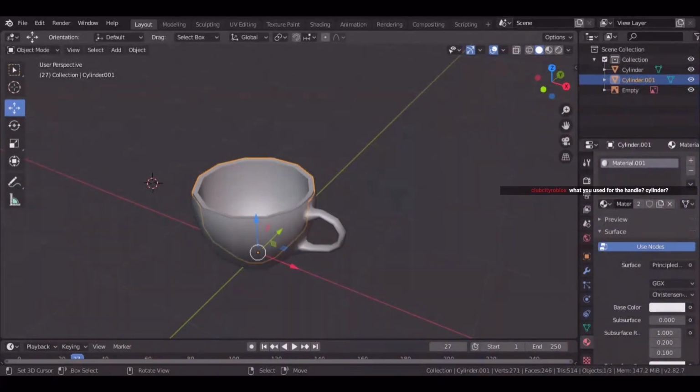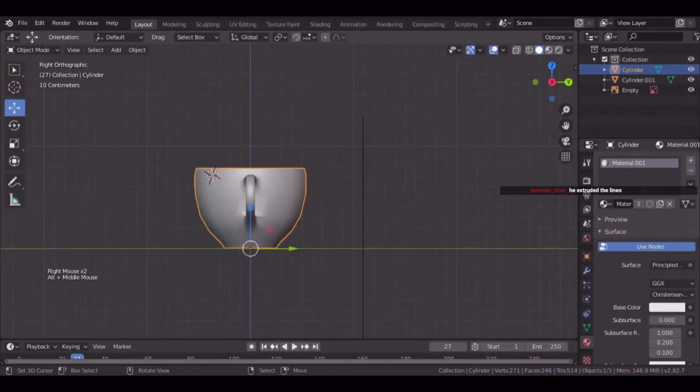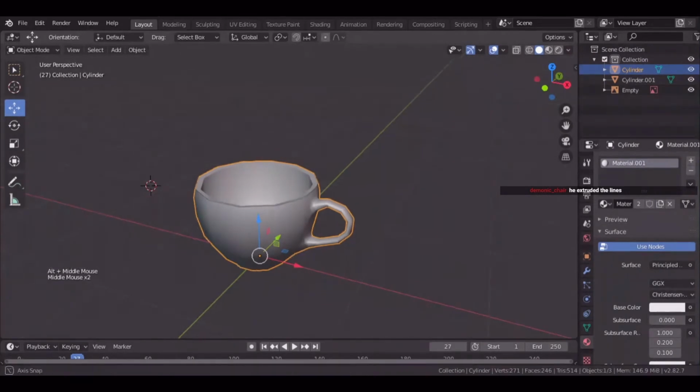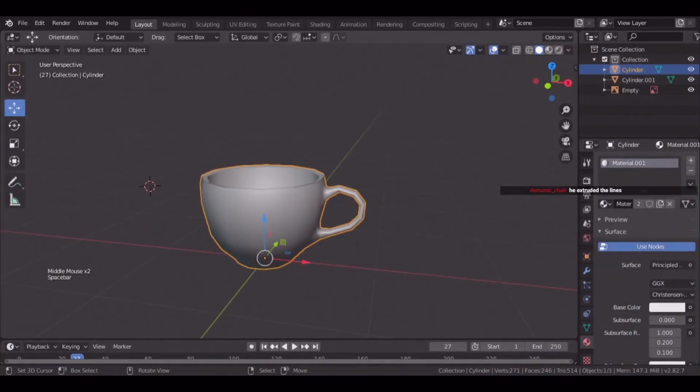So I have the inside of the cup selected. You can name it whatever. I like naming it by number because it's just more convenient. Space, export selected objects, cup 2. Now,